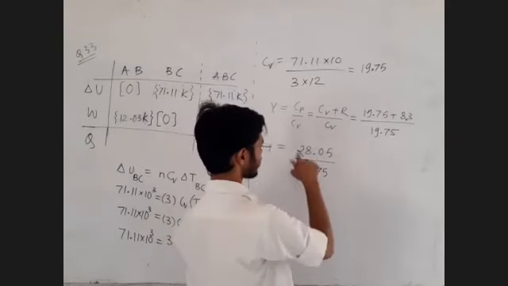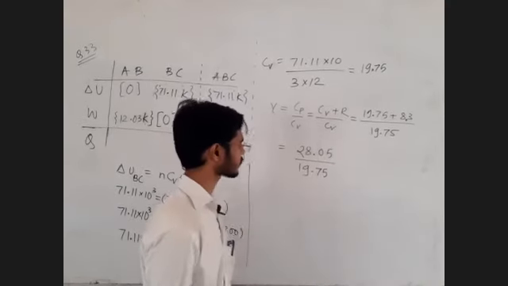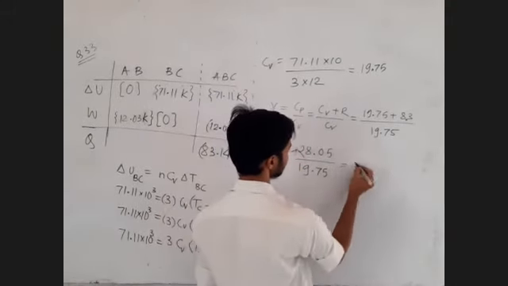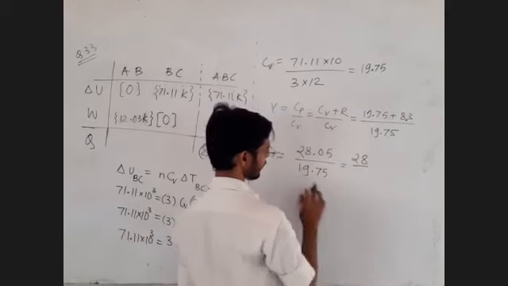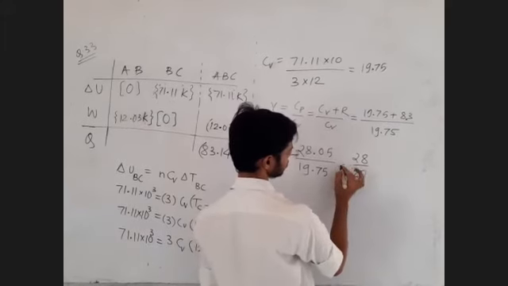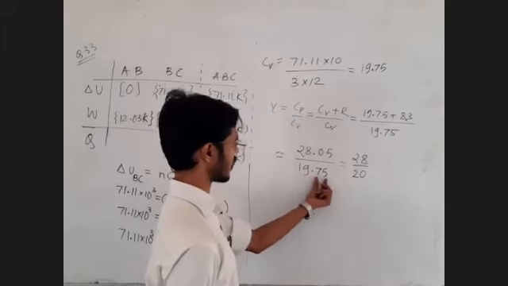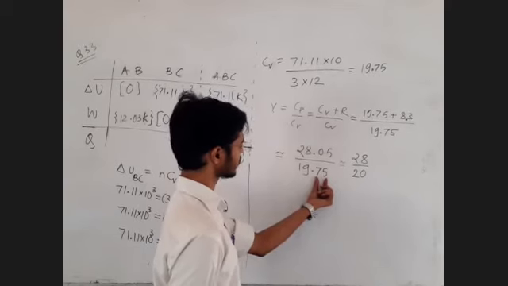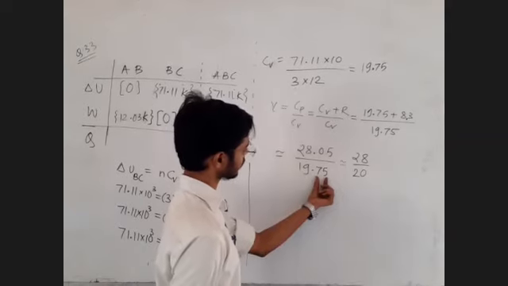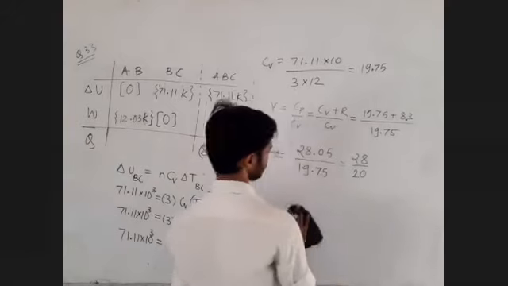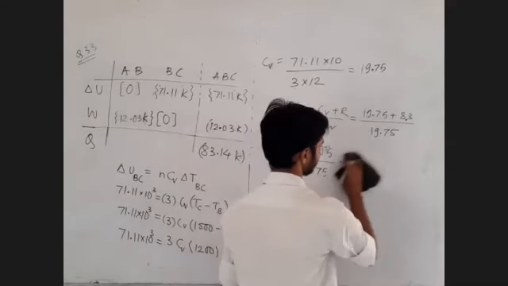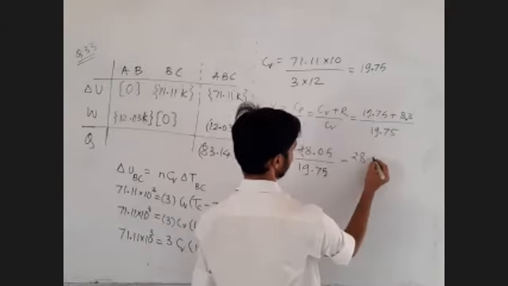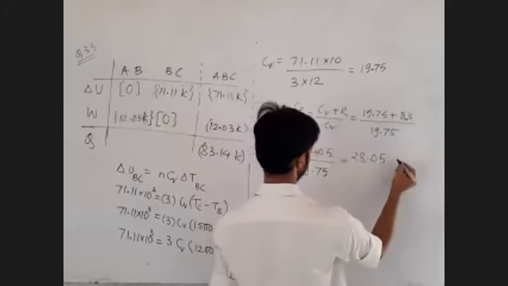Divide by 5. Numerator and denominator, let us divide by 5, or let us calculate it approximately. How to do it approximately? See, call it 28 and call this 20. Now I know that I have increased the denominator somewhat. So what I shall do is, as I have increased the denominator, actually I can do this very easily. Actually no need of approximation. I will do the approximation, but a slight approximation.